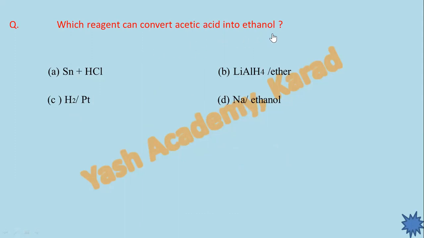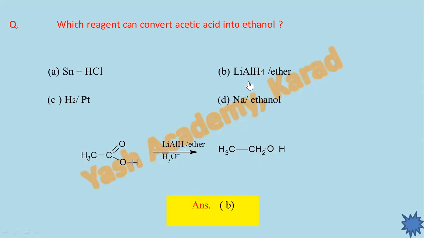Acetic acid to ethanol, that is the COOH group is reduced to CH2OH group. This is acetic acid. Reagent is given, that is lithium aluminum hydride, and second step is always hydrolysis. Here what happens, the carbon oxygen bond undergoes cleavage and there is a formation of CH3CH2OH, that is the ethanol. So B is the correct option of this multiple choice question. I think students,